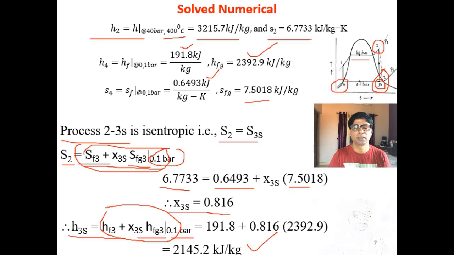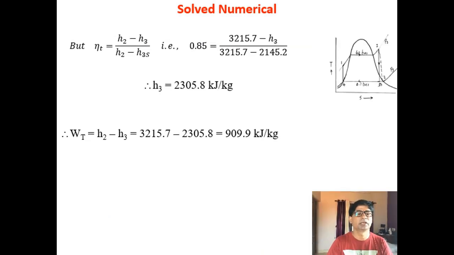Okay. Now let us use the turbine efficiency formula to find out H3, because just now you calculated H3S. What you did? You noted H2 value, S2 value at 2 because that condition is clearly known. H4, that is HF4, and also the HF values at 3, HFG values at 0.1 bar, all these things you noted, entropy values also, and you calculate X3S first, then H3S. Now come to the efficiency of the turbine formula, H2 minus H3 divided by H2 minus H3S. Substitute here, so only unknown here is H3.